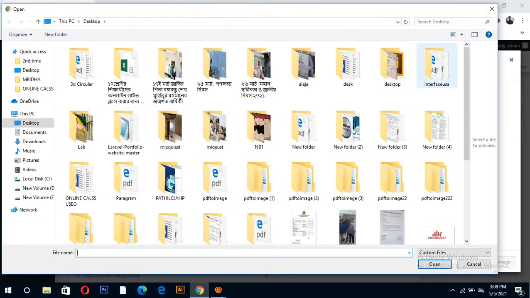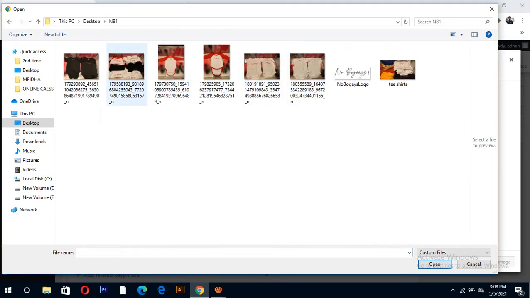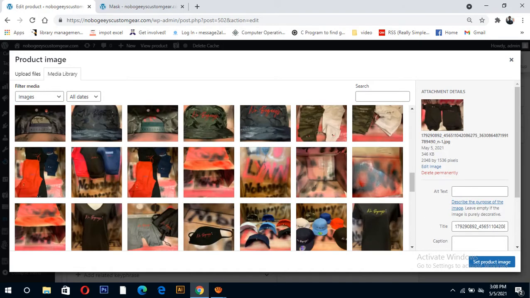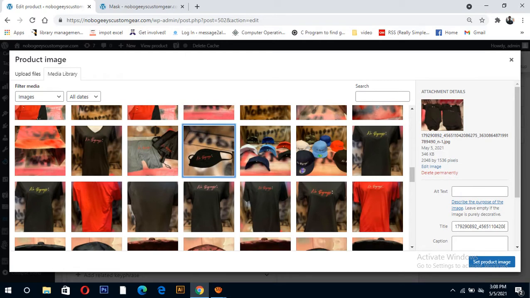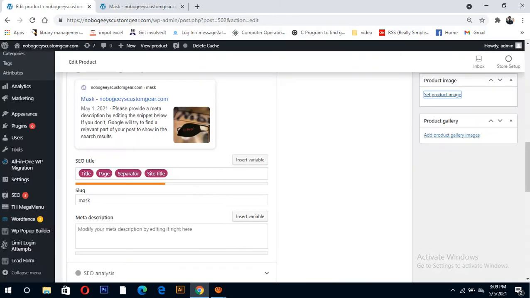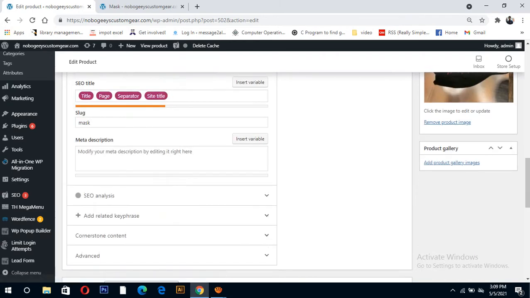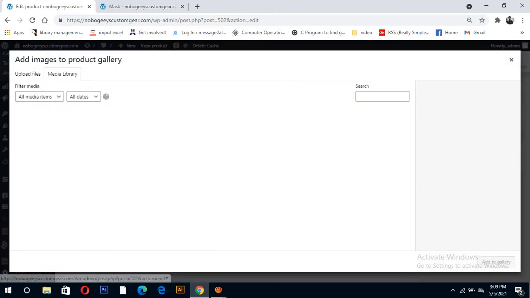Your many pictures are uploaded here, and you can set one as the featured product image, which shows here. And if you have more color marks, you can upload them here.